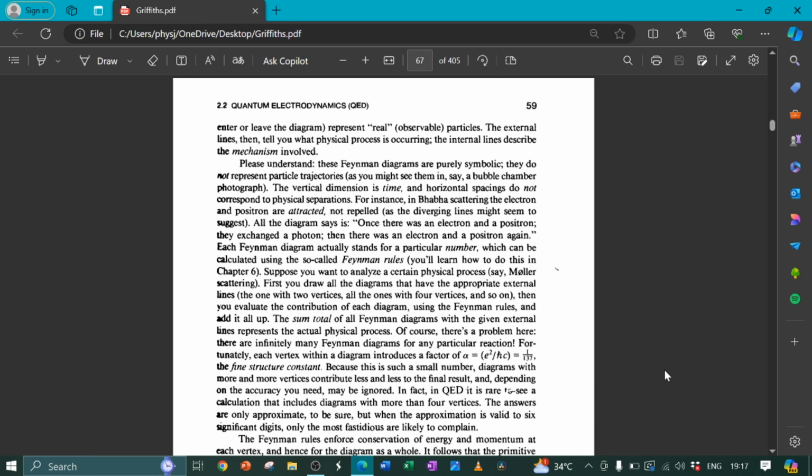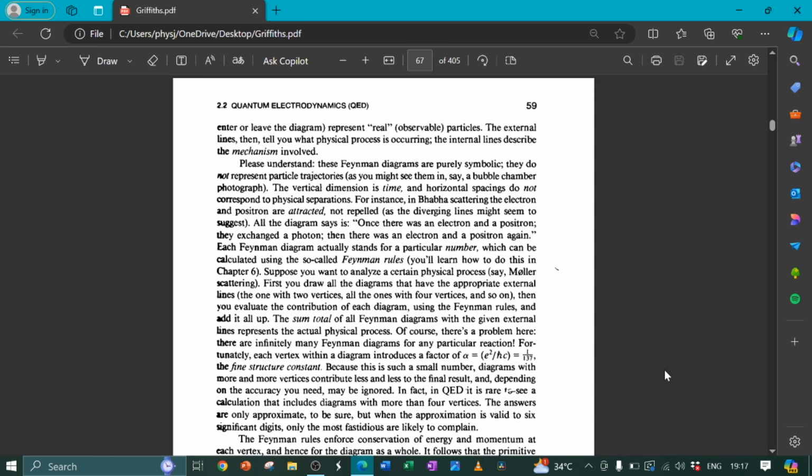Each Feynman diagram actually stands for a particular number, which can be calculated using the so-called Feynman rules. You'll learn how to do this in chapter 6. Suppose you want to analyze a certain physical process, say Møller scattering. First you draw all the diagrams that have the appropriate external lines, the one with 2 vertices, all the ones